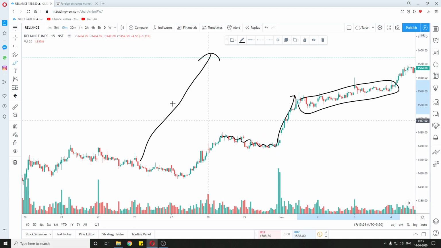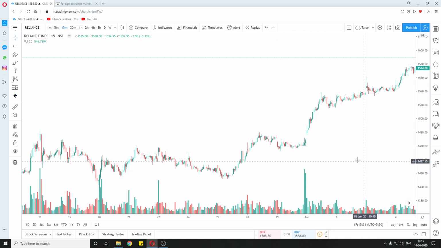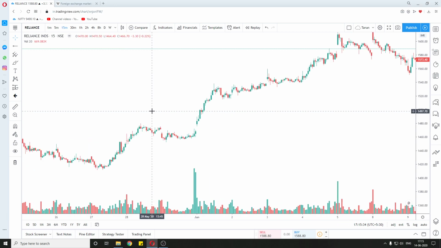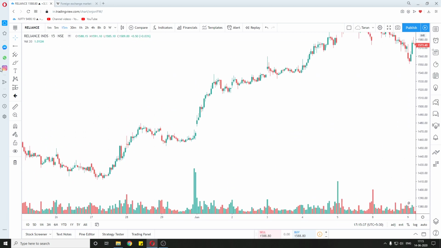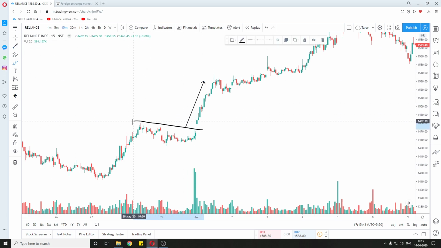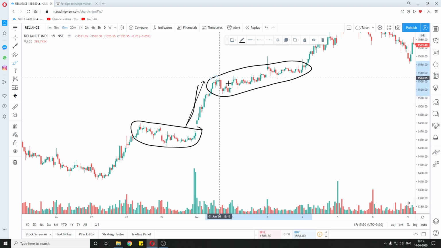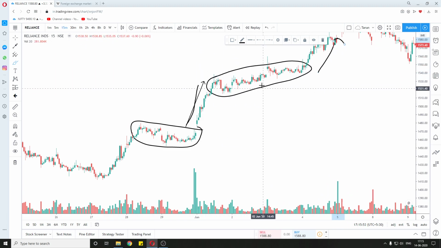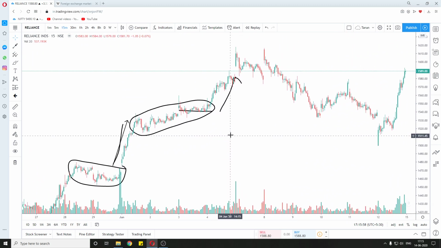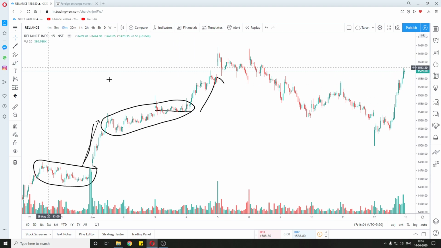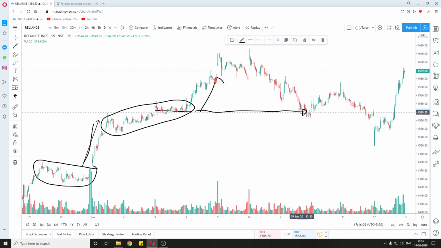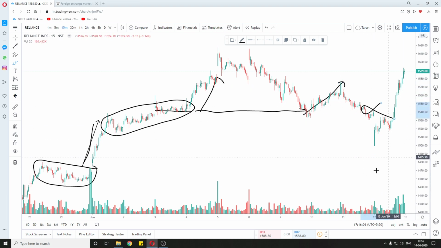Now we get to know whether the sideways market was for buying or selling only after the breakout has happened. If the market is breaking to the upside, then we know that this volume was for buying. If the price went up, then again we had the sideways market, and then again the price went up. So we know that the buying was already here. But one thing which is important is that these levels only work once. So if we placed a buy order and made profit on this trade, now this level will not work again.